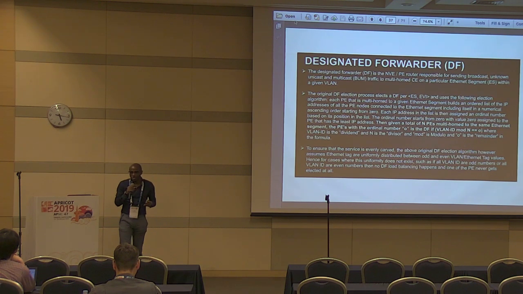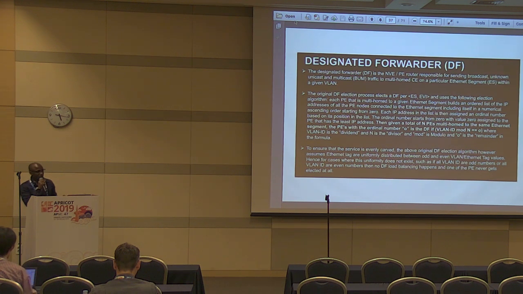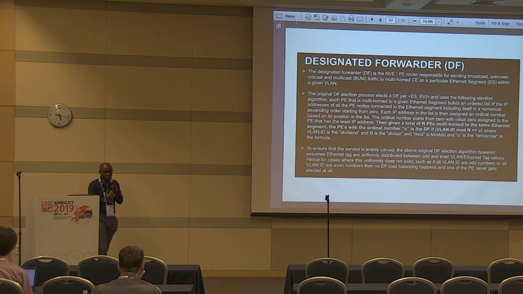So the type 6 route, the selective route, alleviates or minimizes the flooding. There is also the type 7 route and the type 8 route, which are used for IGMP join synchronization between the DF and the non-DF, and then the IGMP leave synchronization as well between the DF and the non-DF. At a high level, remember, if you have two devices, your two leaves,